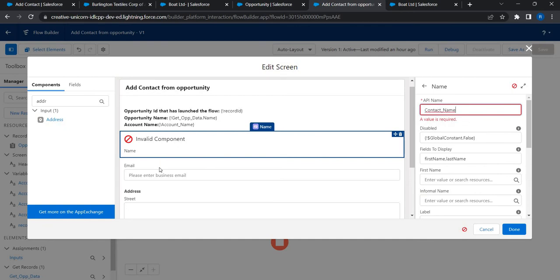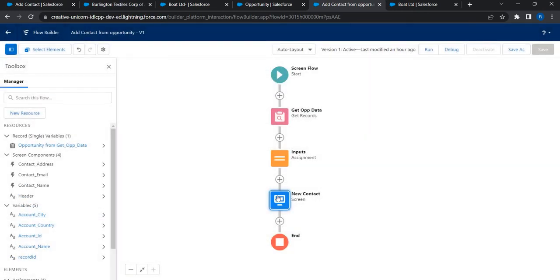So again, this is a compound field. It has first name and last name, right? So I'll just say done. So now the screen is ready. The last one is